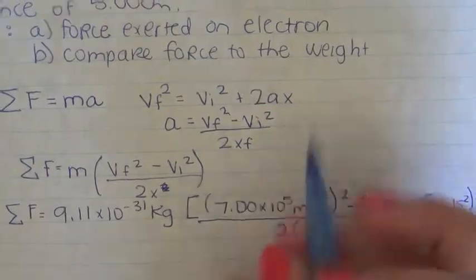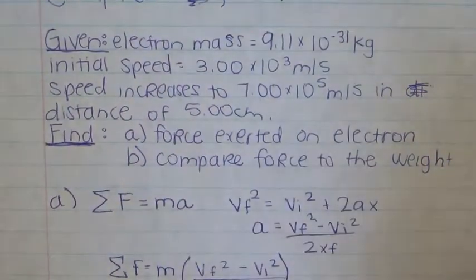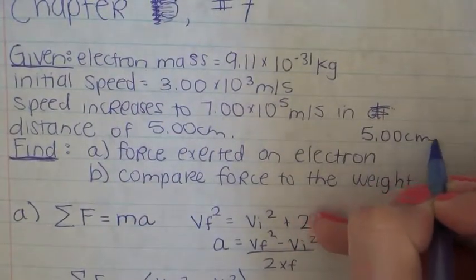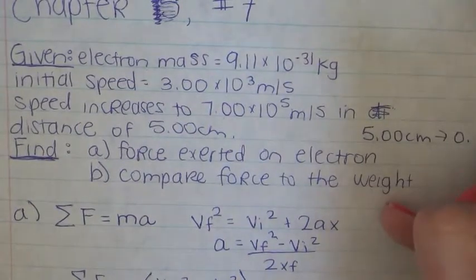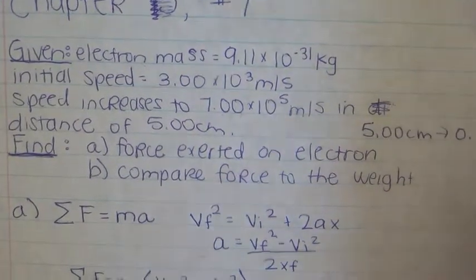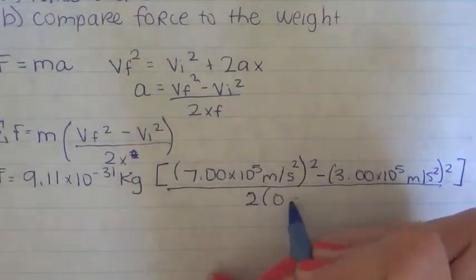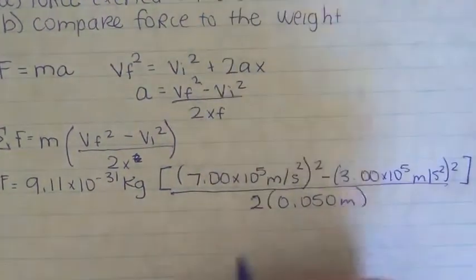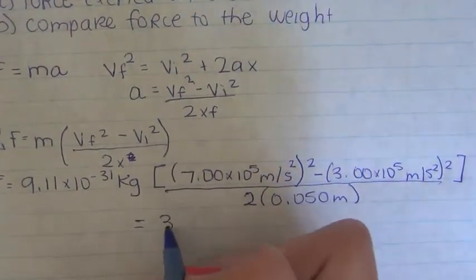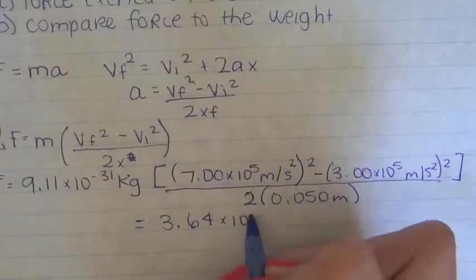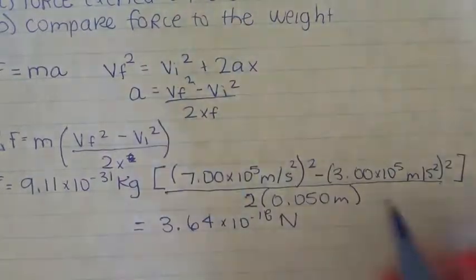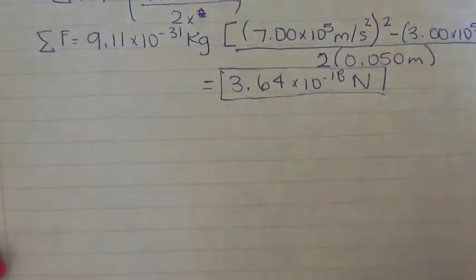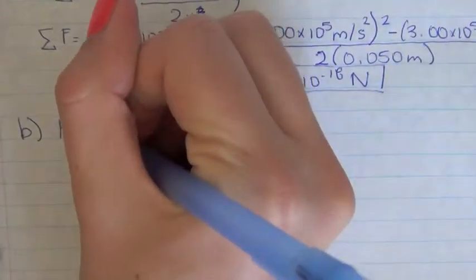And then the x we're plugging in from our 5.00 centimeters, so the 5.00 centimeters is converted to 0.050 meters. And then we solve for this, and this comes out to equal 3.64 times 10 to the negative 18 newtons. And that's A. And for B, F of g equals